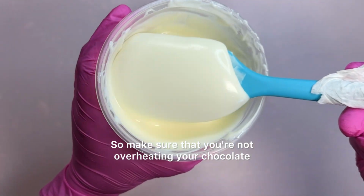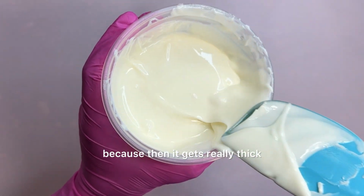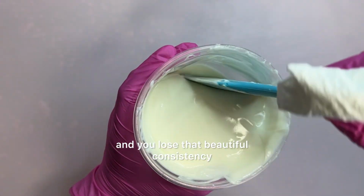So make sure that you're not overheating your chocolate, because then it gets really thick and you lose that beautiful